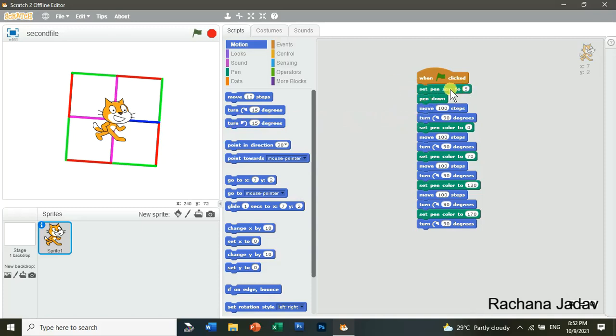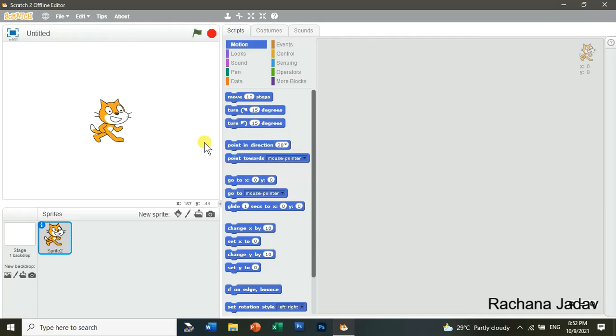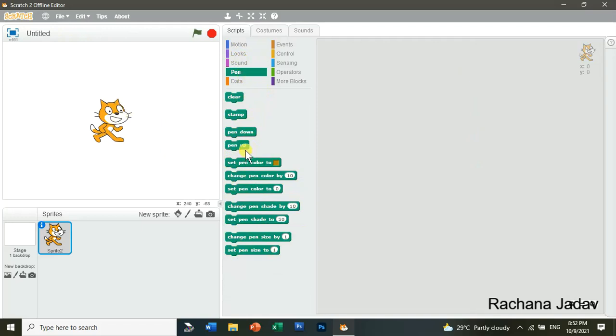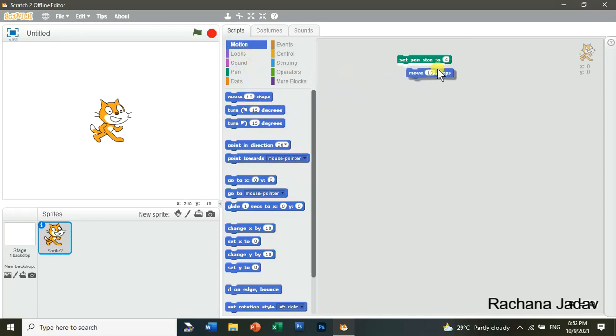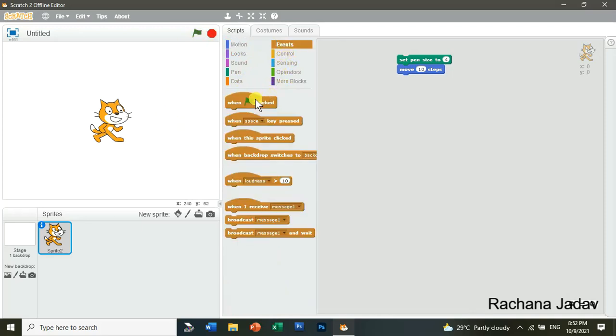तो यहाँ pen size जो है. So if you want to give the thickness to your pen, so I will just go for the new project and I will explain you about it. मैं यहाँ explain करूँगी आपको. Like here we will go with the pen and in that we have the option over here pen size, right? तो आपको pen size by default you get it 1, but if you want to make it more तो आप thickness उसकी बढ़ा सकते हो. So I will just go with 4 and yes, after that I want to go for the steps. तो मुझे यहाँ steps के लिए जाना है. So move 10 steps. So you will just see I will play it when clicked वाला ले लूँगी मैं event. Okay, and now just see.